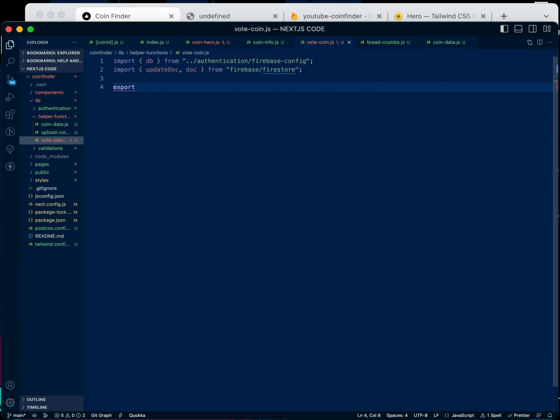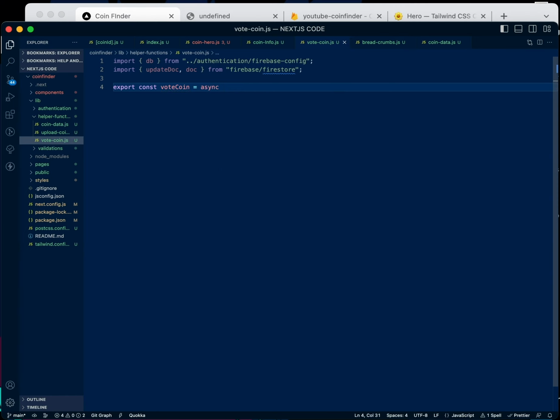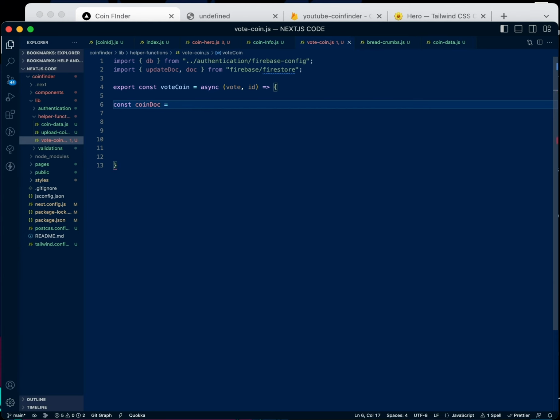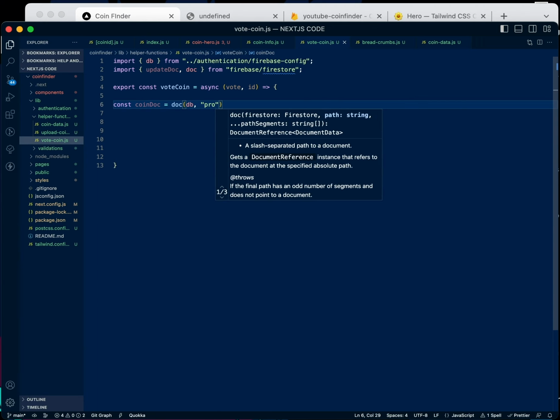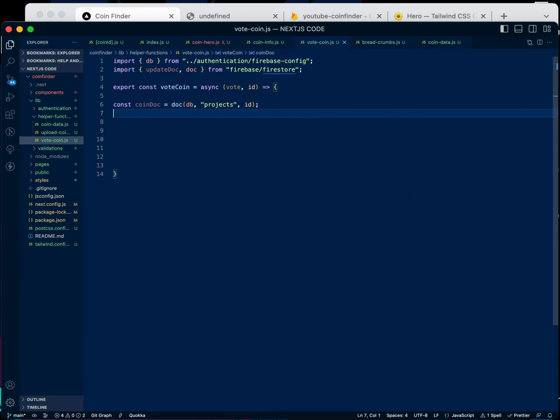Okay, so we're going to export the constant votesCoin, and this is going to be an async function with votes and id, and here we're going to give us some space to work with. We say constant coinDoc equals to doc, db, project, and the id. So we're going to say newField,